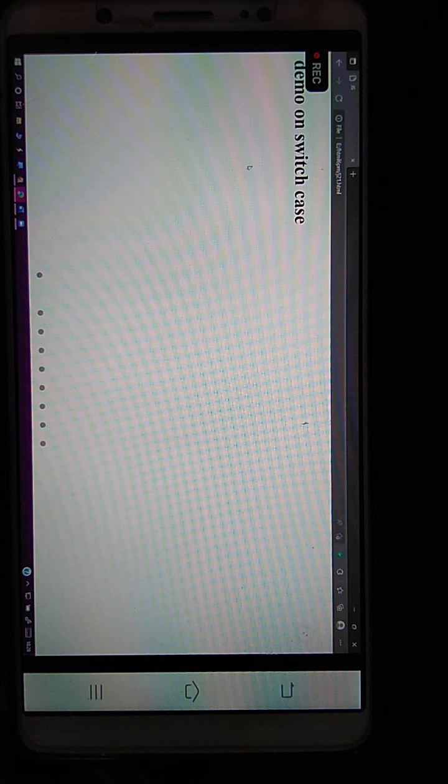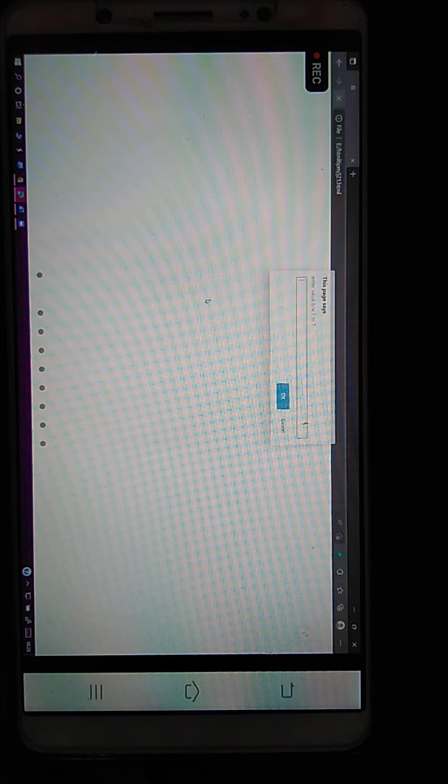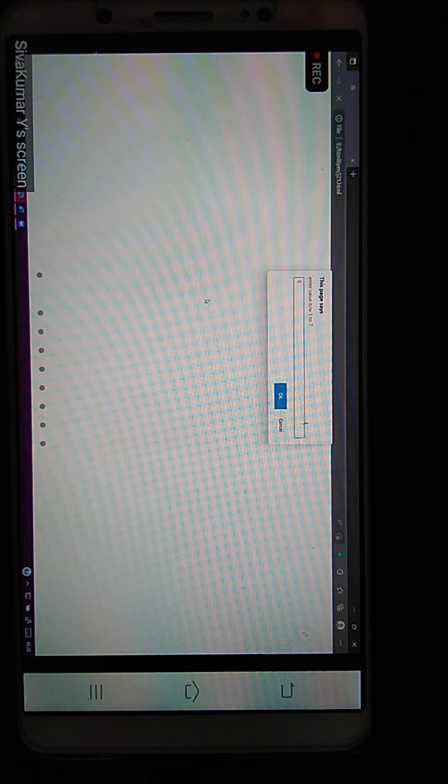Enter the value 9. What is the output, sir? Default. Now we get the perfect answer. The reason, sir, is that it's not selecting any case, so automatically it goes to default and you get the answer here. For all the rest of the inputs, we will get wrong outputs only.